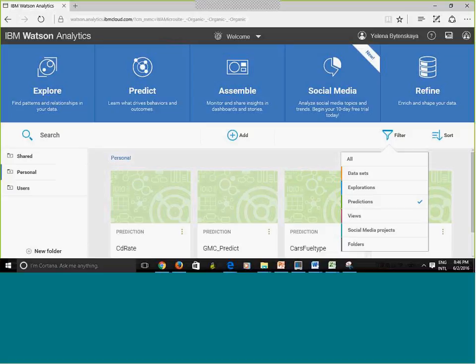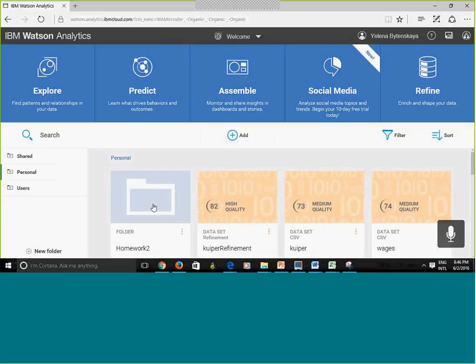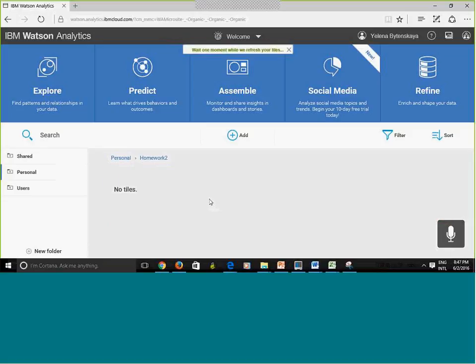Suppose that I select, let me show you this. Okay, let's do this. Let's select data sets and let's uncheck the prediction and let's select folders. I'm going to show you something. So I selected these two, right? Now I'm going to go inside my homework 2 folder.